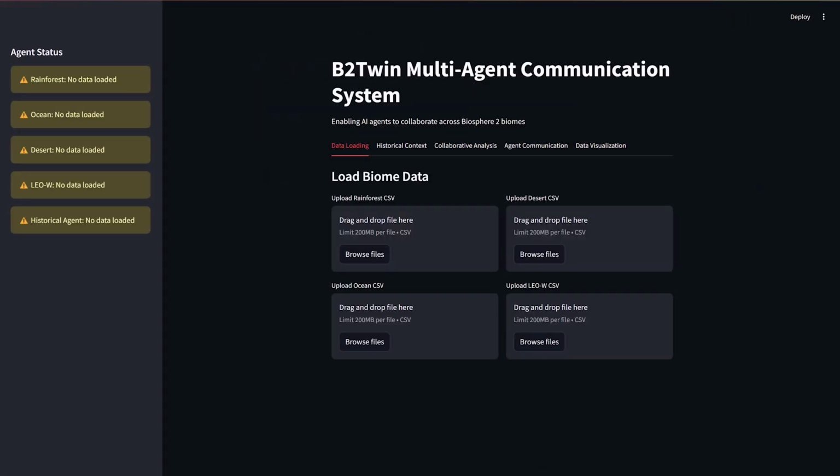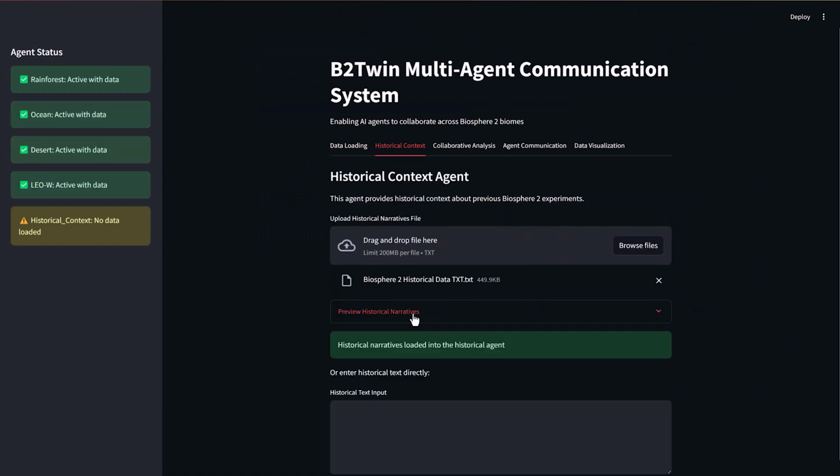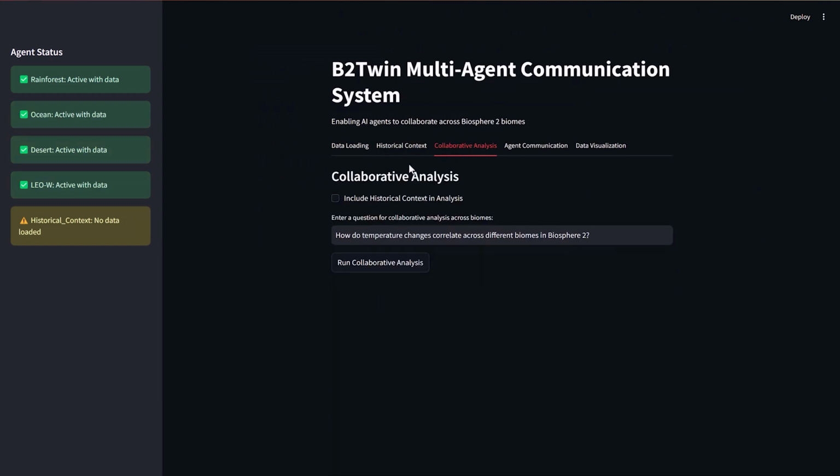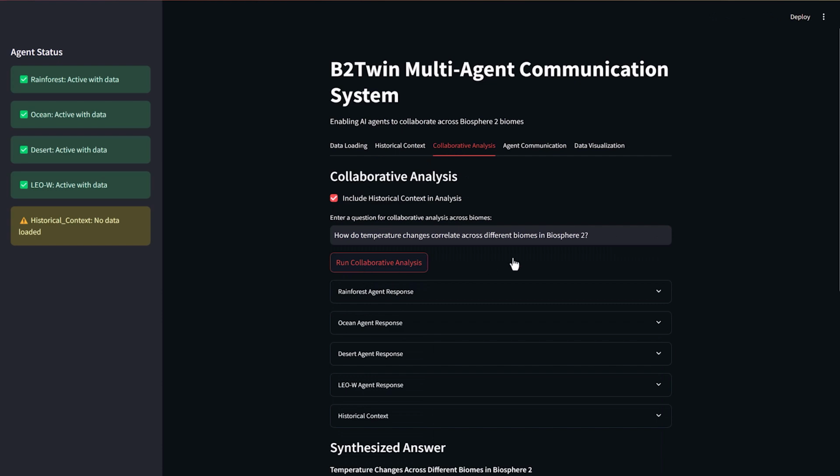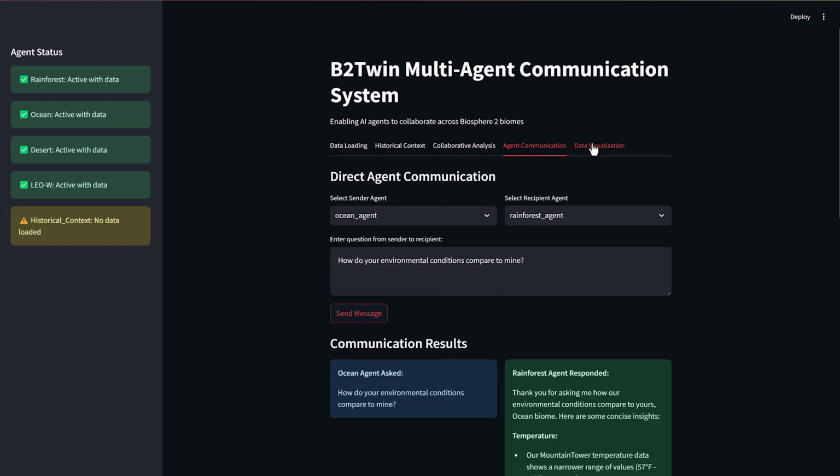So are you using multiple agents that are communicating? Yes. Well, we have 4 agents that are on the different environment CSVs. And then they describe each of them individually. And we have a picked agent that synthesizes all of those different perspectives into one answer that covers all of them.